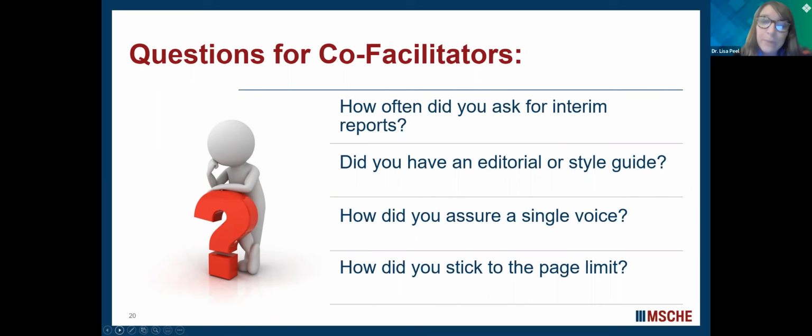And as far as the page limit, I would echo Javier's comments. We started with a suggested page limit based on what we knew, but with a buffer. And then we wanted to allow for everybody's input and research. We didn't want someone to make a cut of something that would have been really important information in those initial drafts.